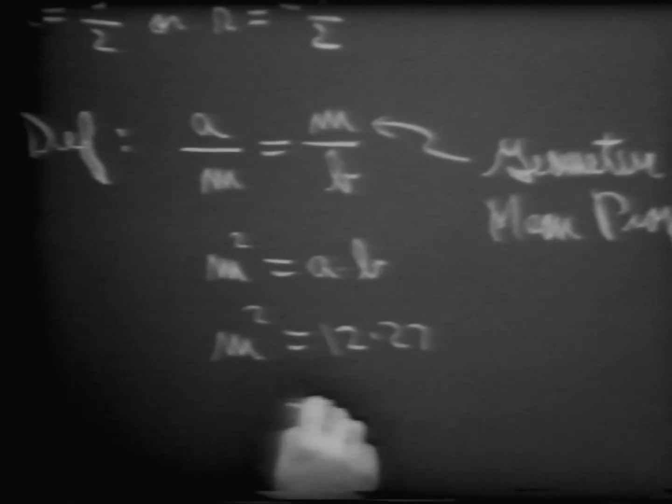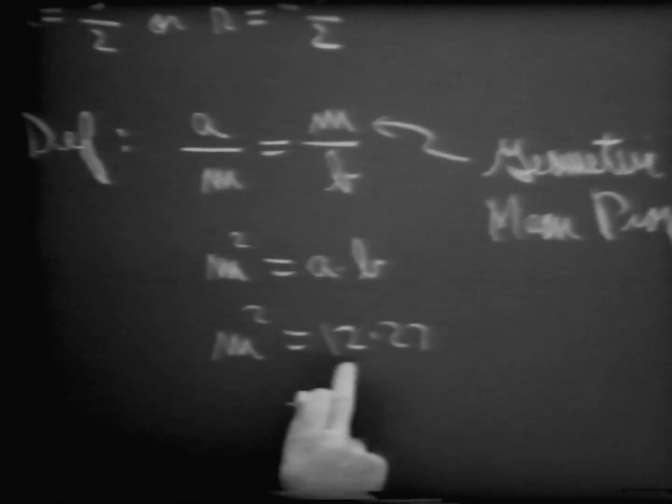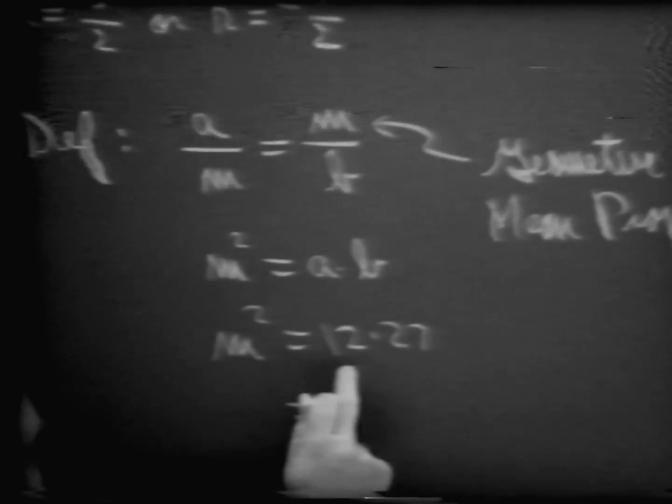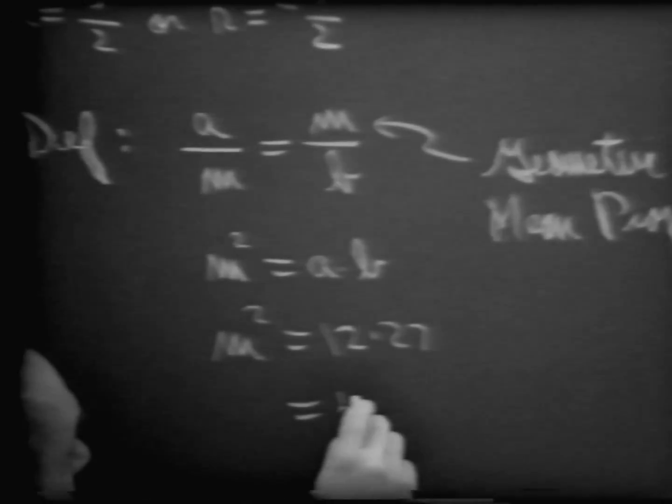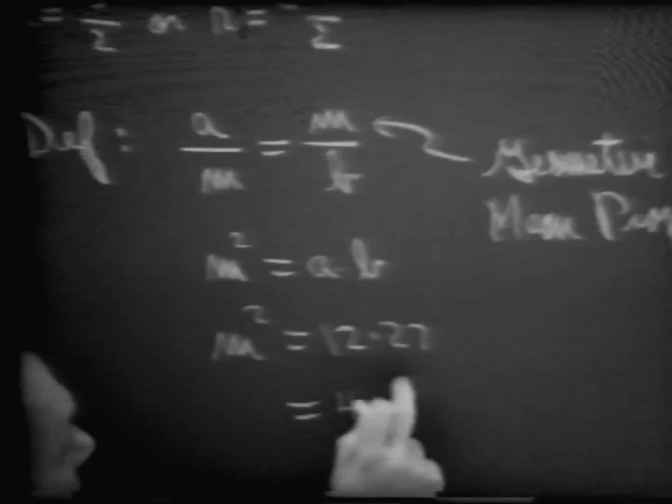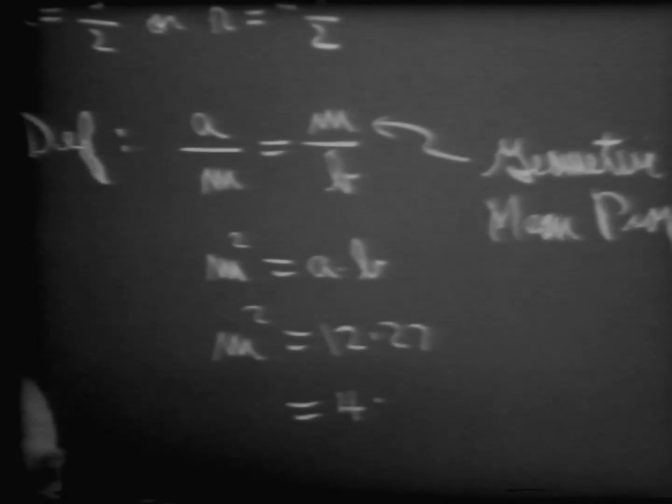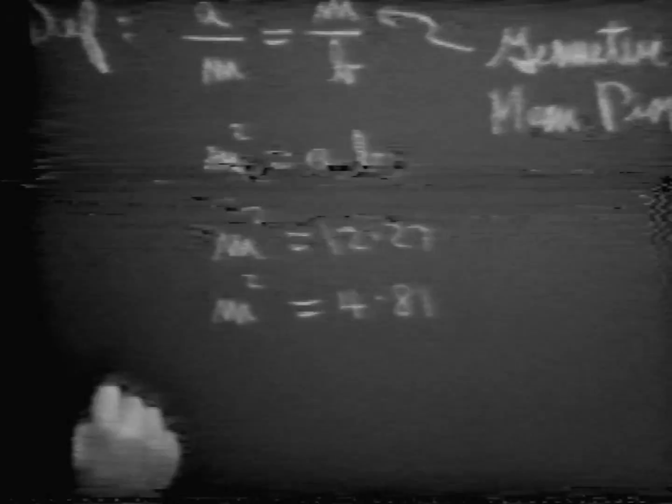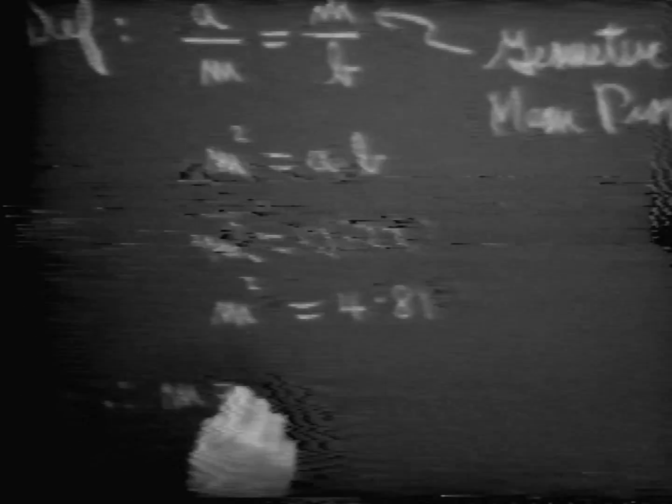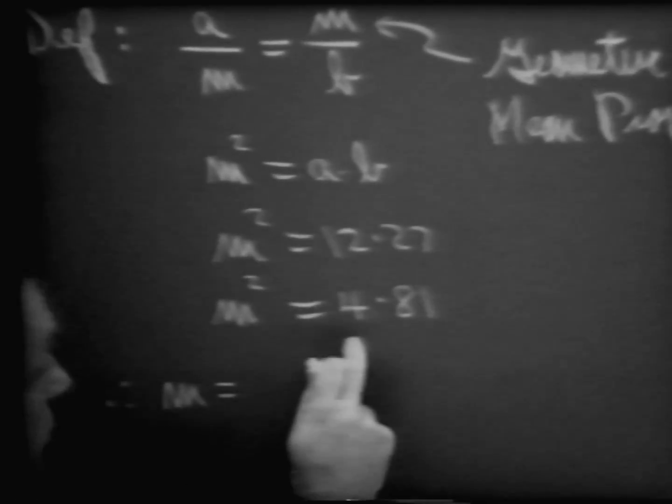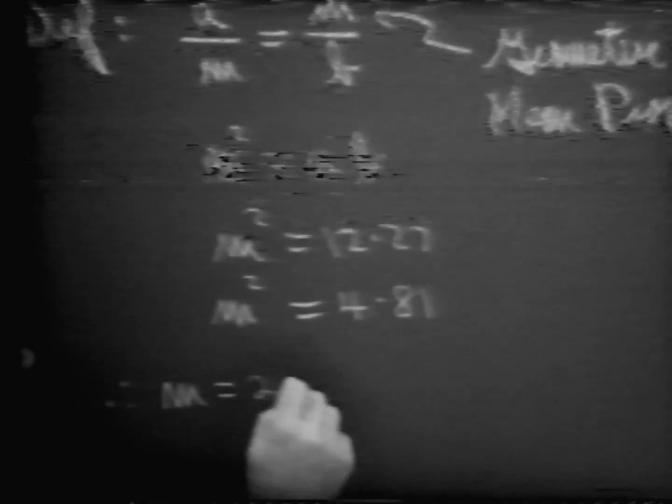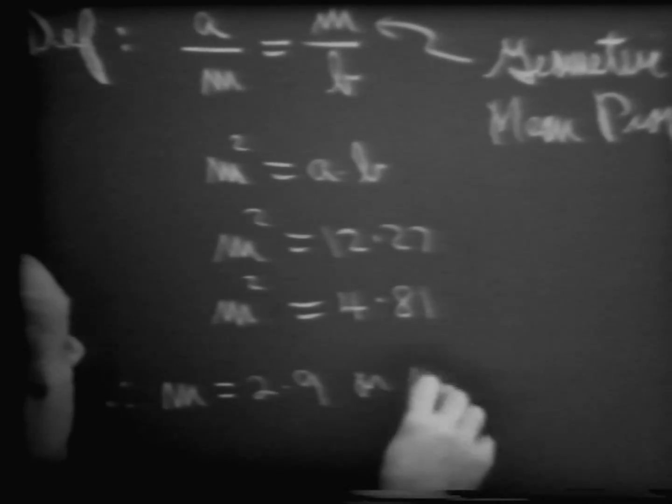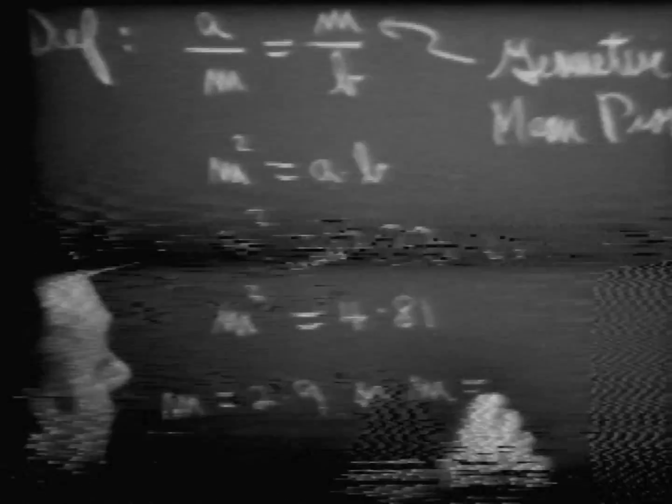Now let's look for this number. In fact, I'd like to rewrite this in a slightly different pattern. 12 I may write as 4 times 3, and then 3 times 27 is what number? 3 times 27 is 81. So there we have m squared is equal to 4 times 81. Therefore, m is equal to what number? 2 times 9. Let's just indicate that. Or m is equal to